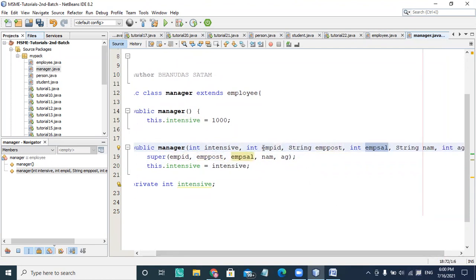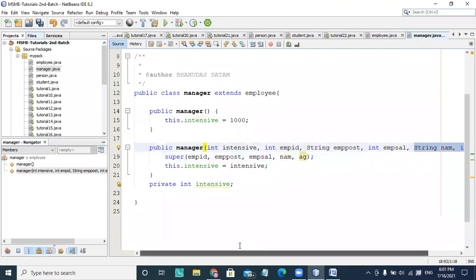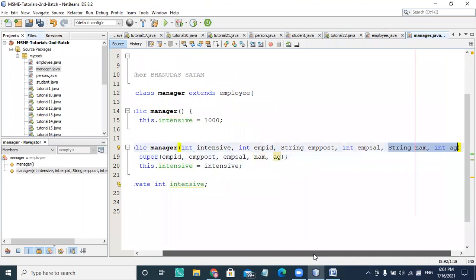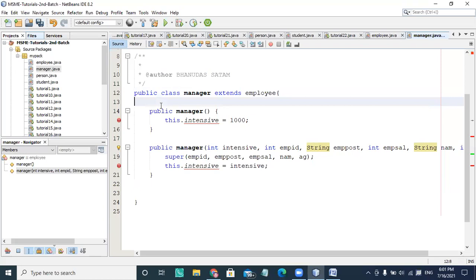So this is employee initialization, and its super class, the person initialization, is also taking place here. So in that case, manager must use these parts, just putting the incentives before that.